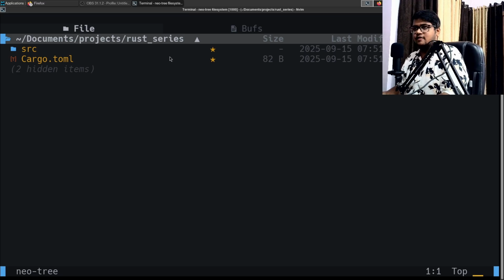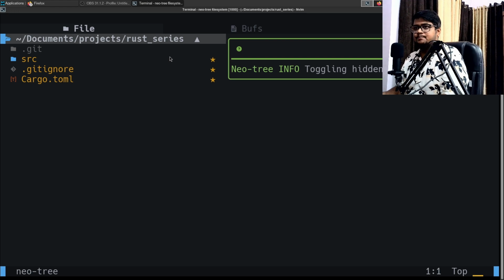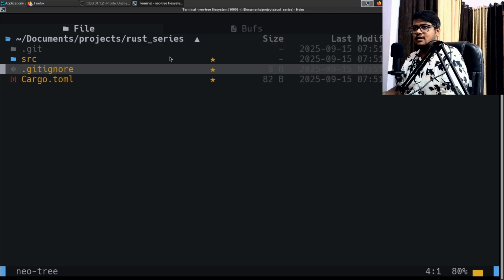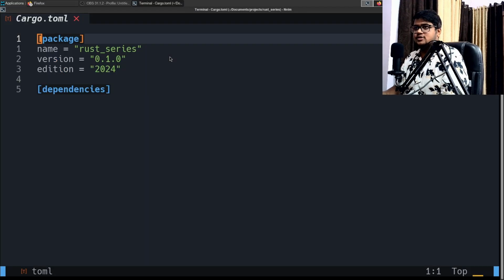So you can see we have a few files generated. Cargo generated us a few files. If I show these files, I'll have a .git folder, of course, and a .gitignore file. A Cargo.toml file has been generated by cargo, and it keeps track of the dependencies, packages and the crates used in this project. All right, so if you check this, we have a package name, a version,